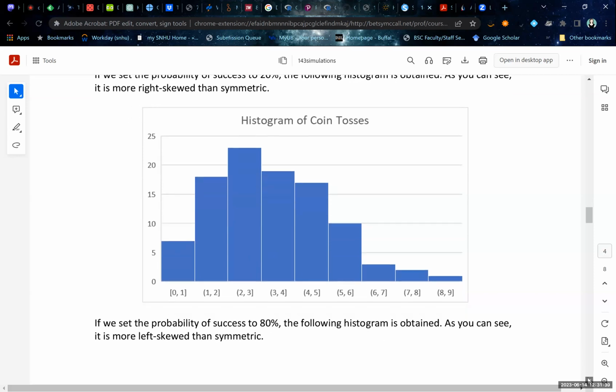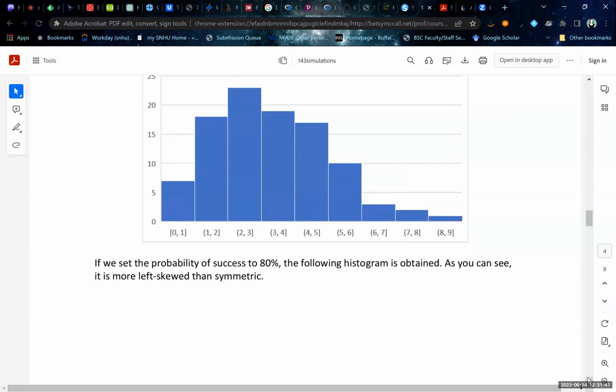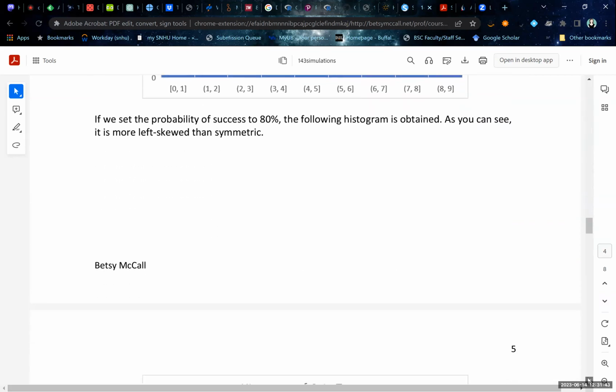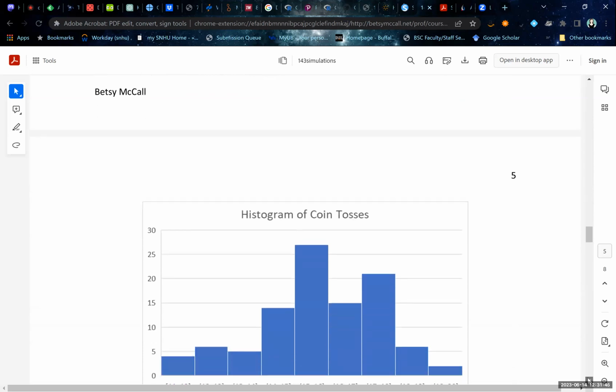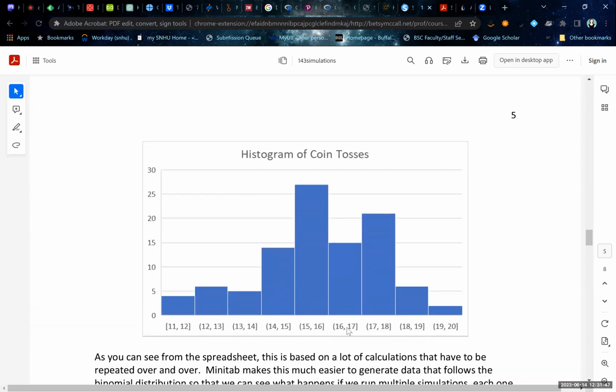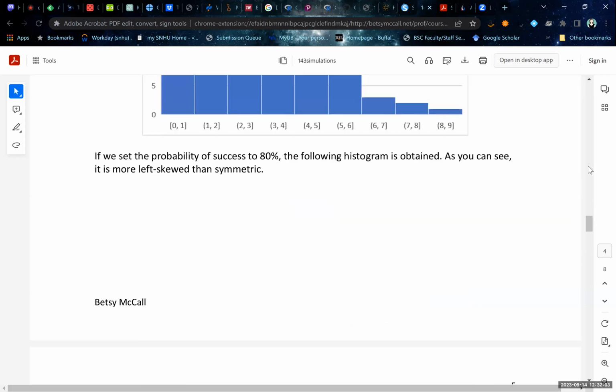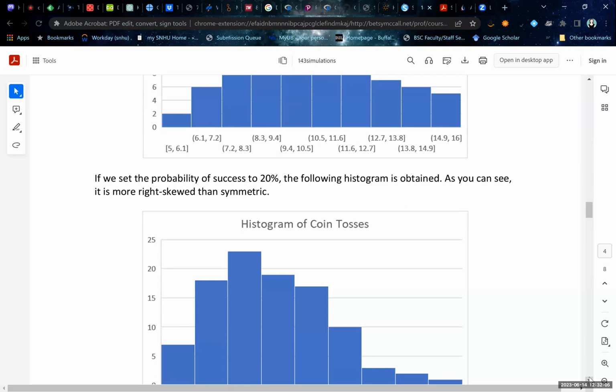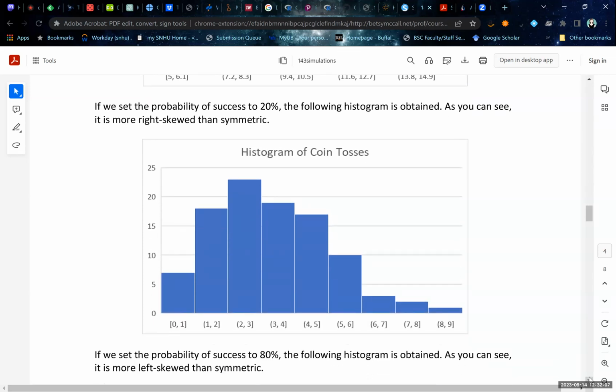If we set the probability higher so that there's more likelihood of getting heads, like 80%, then you get a shift in the other direction. You get more outcomes. Likely to be 80% of 20 tosses would be about 16. So you'll get a peak around 16. And then again, instead of what we saw in the previous example, which was more of a right skewed distribution rather than a symmetric one,